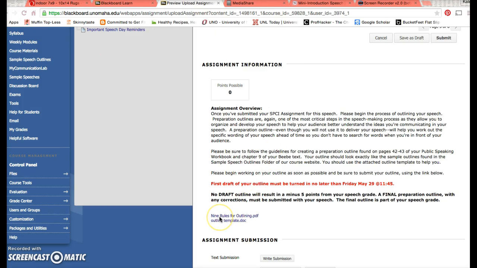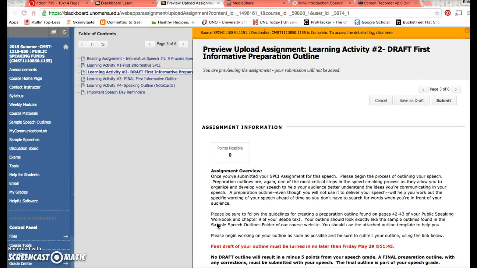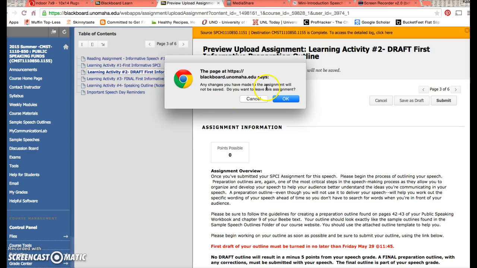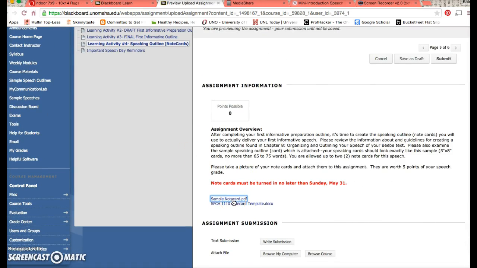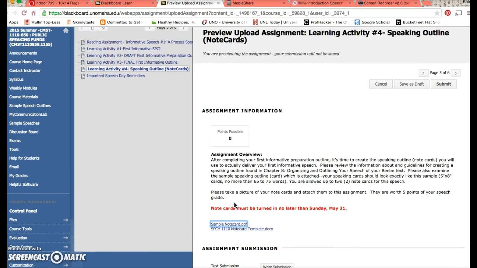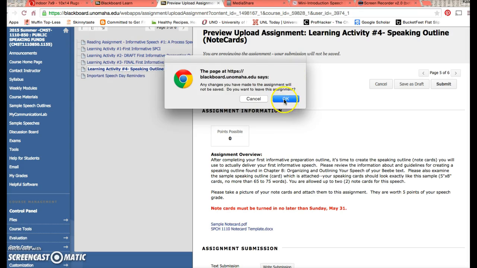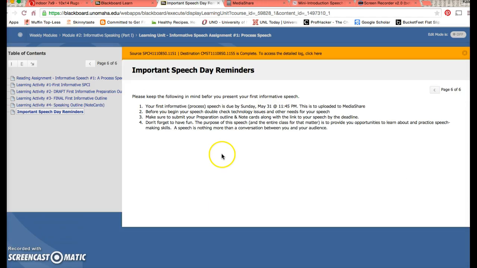So down here we have the 9 rules for outlining as a PDF you can read through, and then we also have the outline template. Notice then you'll have your final informative outline, which you will attach. This is graded. It is worth 10 points of the speech. Your note cards as well. And you can see that we have a sample note card and an actual note card template if you'd like to use them. And then just some important reminders for you to think about for your